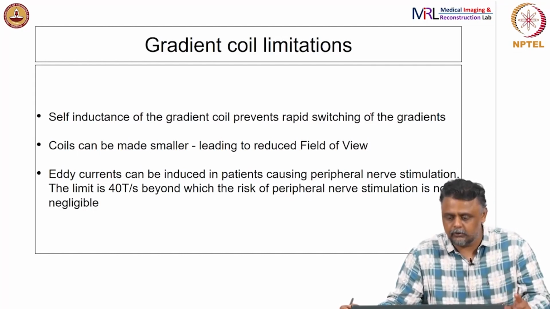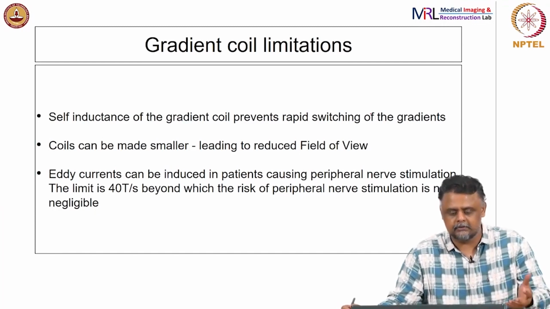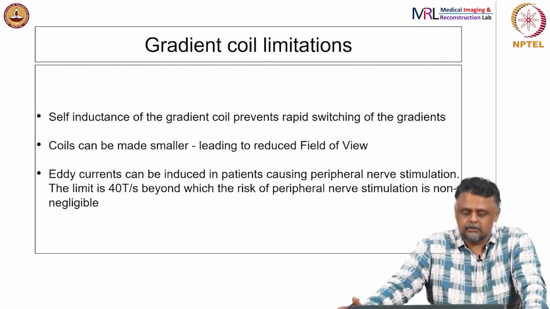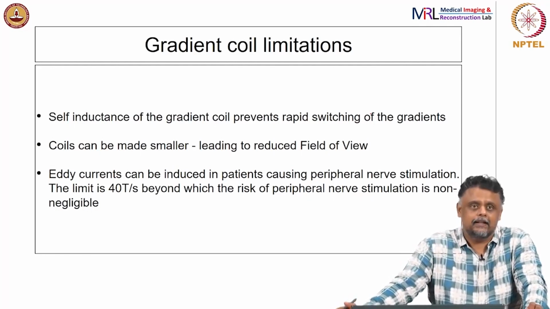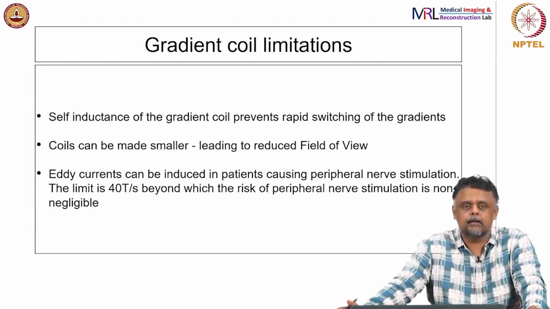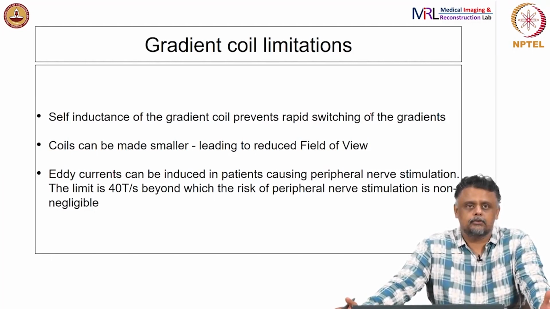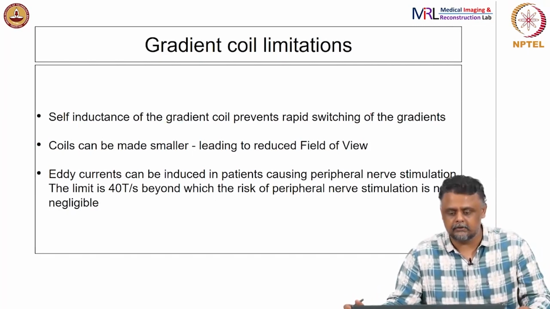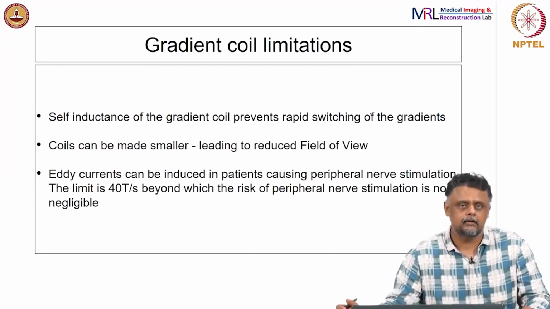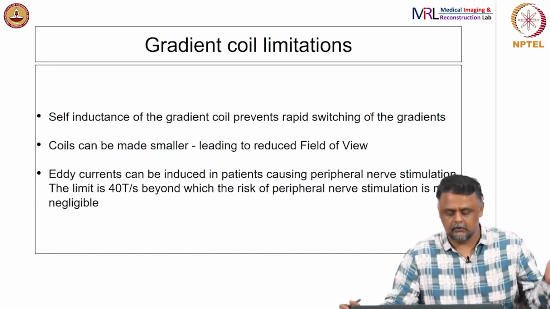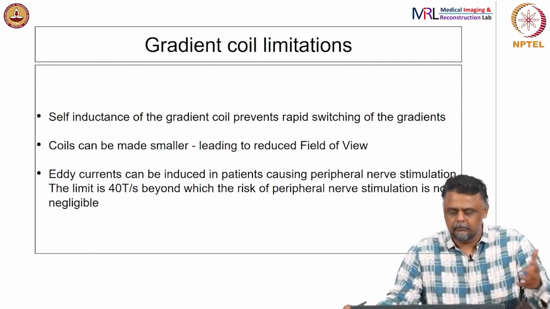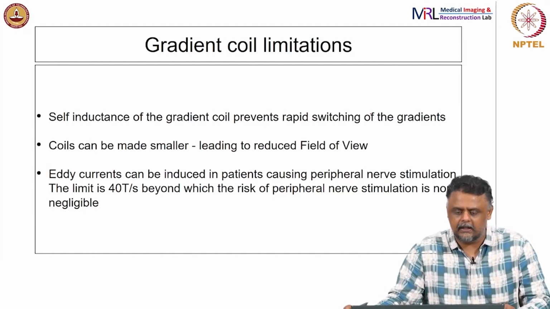So, there is another actual hazard in this case to the patient, because this rapid switching, the presence of currents, etc., can lead to eddy currents in the patient, right. And so there is some limit, some switching speed, beyond which there is some nerve damage. So that is the limitation: you also have a hardware limitation, or in this case a biological limitation on the hardware, right. So, once again these are other sets of challenges that go with